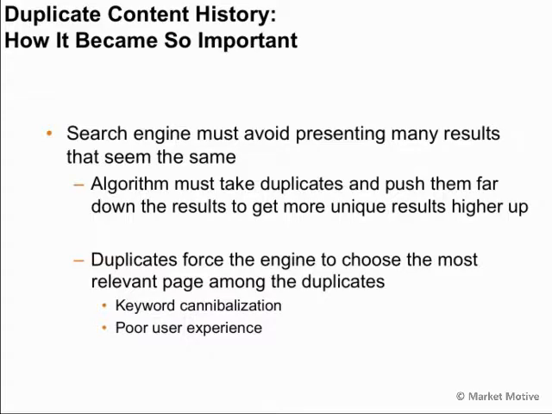So with this duplicate content filtering, they had to be talented and skilled in this choice of duplicate content. Otherwise, within your site, they may pick the wrong page. If you have duplicate title tags, if you have duplicate headings, if you have 10 pages competing for that same word, it creates that poor user experience and potentially keyword cannibalization. From those 10 pages, Google's going to pick the one that they think should rank and maybe not the one that you think should rank. So there's lots of issues associated with duplicate content, how it became important, but before we completely understand it,